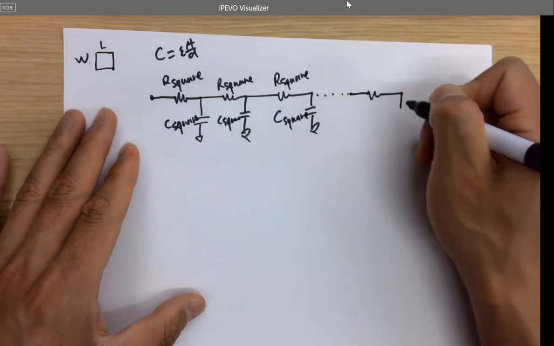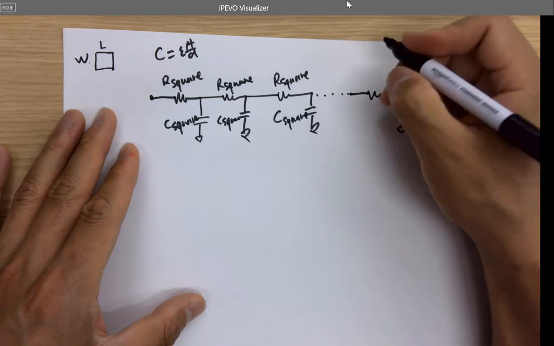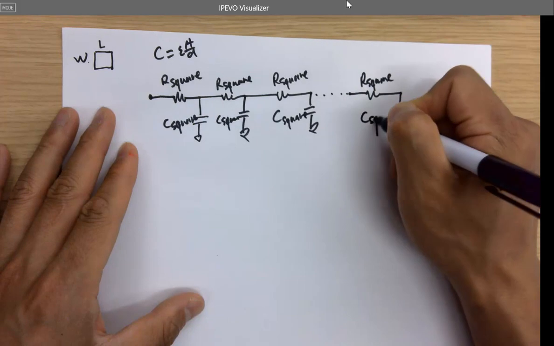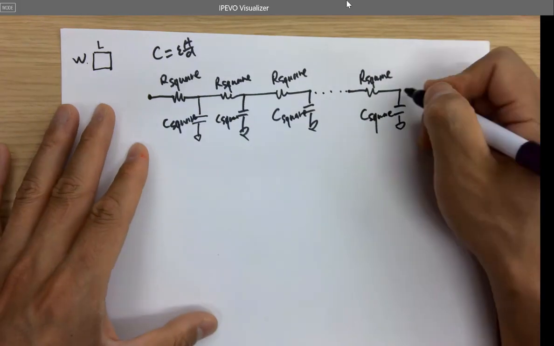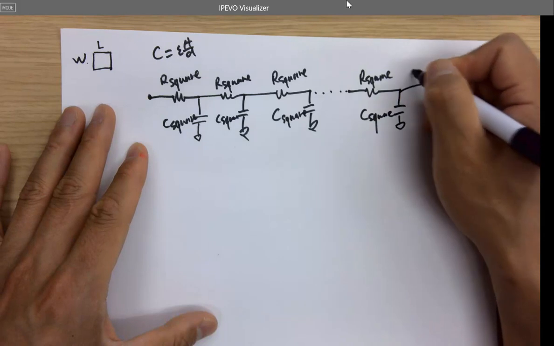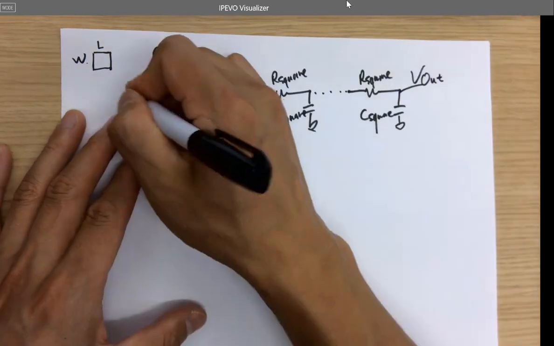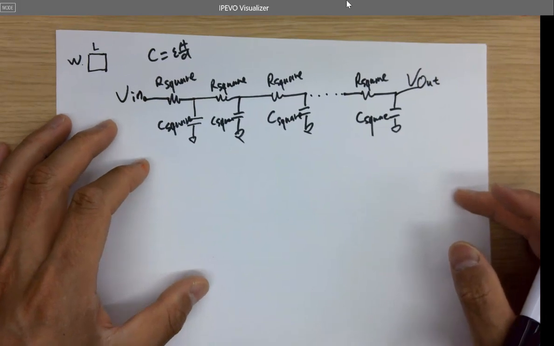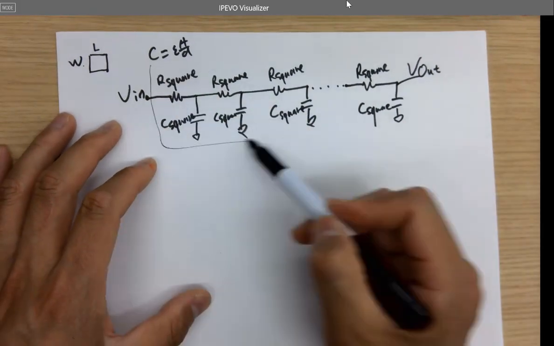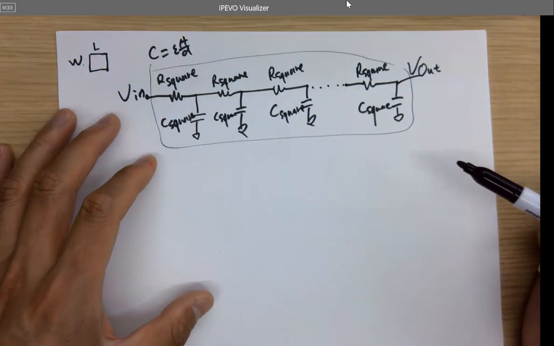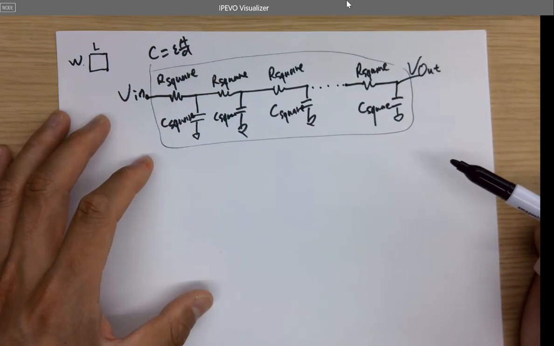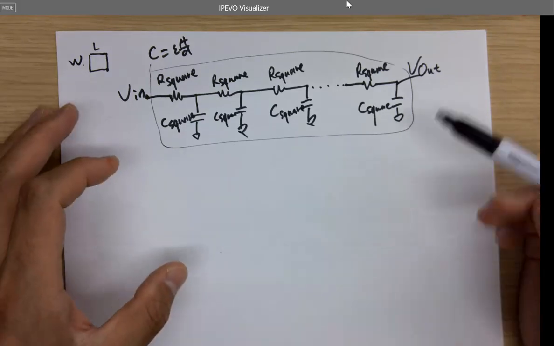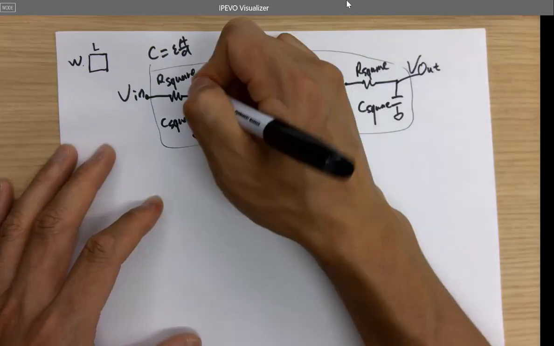Depends on how many you have in the circuit or the resistance of the n-well. And here's the output, V out. That's V in. What is this? The n-well resistor. A model of the n-well resistor. So the way we do that